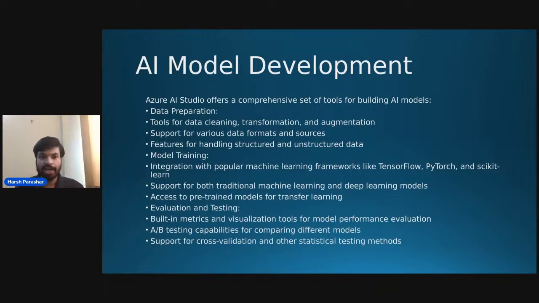And third is handling structured and unstructured data, and it helps to convert semi-structured data into structured data very easily, which is another crucial factor of Azure AI Studio. It helps to convert unstructured data to semi-structured data quickly, as well as semi-structured data to structured data very quickly, because semi-structured data needs to be sorted more than unstructured data, because you need to get hold of the information.